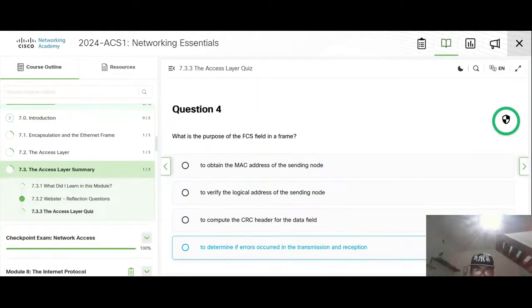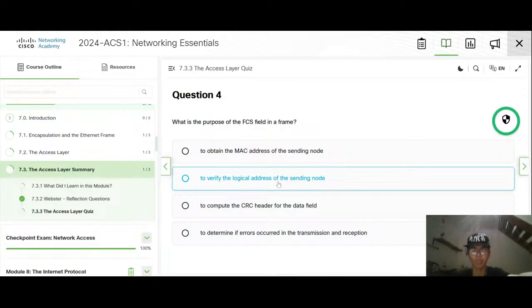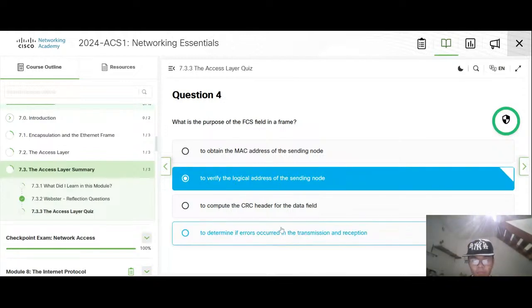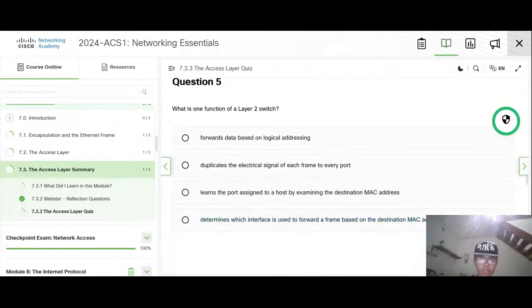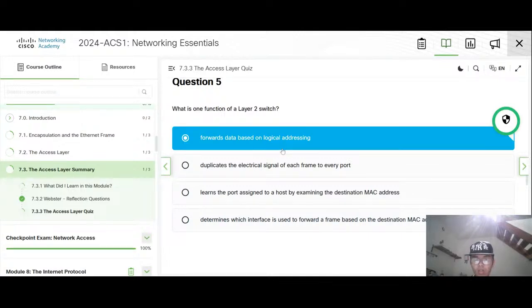But the purpose of the FCS field is to check and determine the errors occurred with the transmission and reception. A Layer 2 switch will forward data based on the logical addressing or the port.